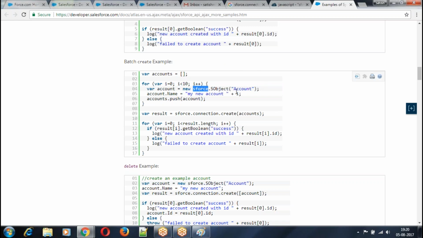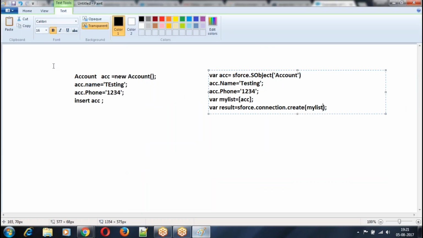Once you got this object, then name equal to so and so, then value equal to so. Now what I'm doing? Put the values into an array, insert the record. When you want to put the values, if you have an index, it's okay. Now there are two ways. Look at the point. Generally, if you write a for loop, how do I do it? Now I'm taking account ACCS